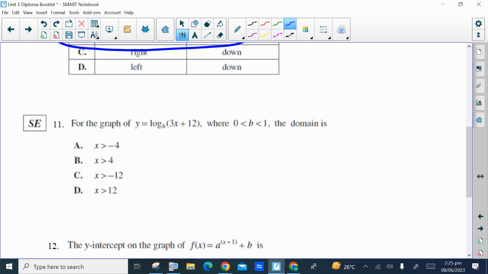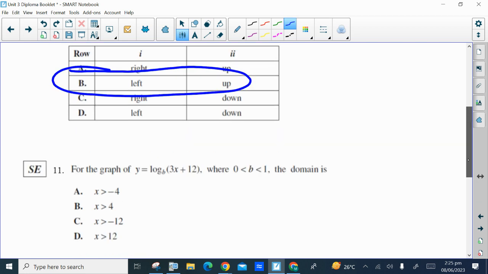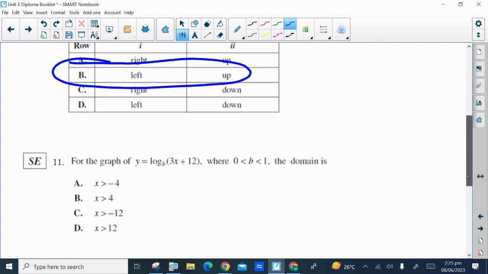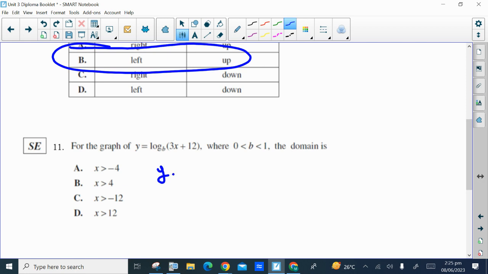Number 11, the reason this is a standard of excellence question is you must take B out as a common factor to determine what the H value is, right? So again, we know what the graph of y equals log base B of x looks like, right? We graphed it above there. So for this graph, to find H, 3 must be taken out as a common factor,